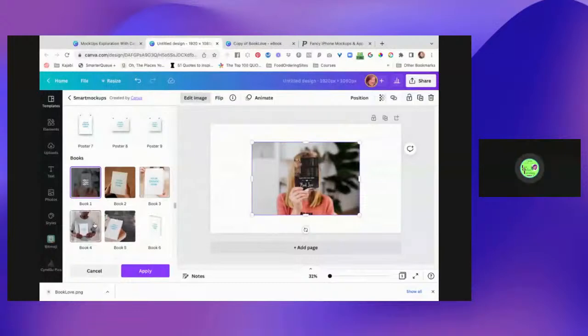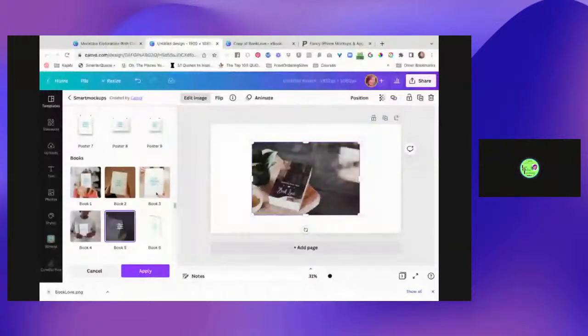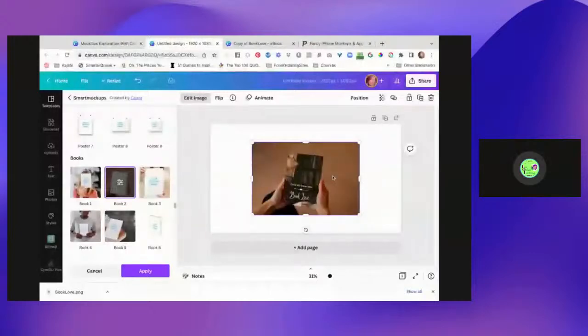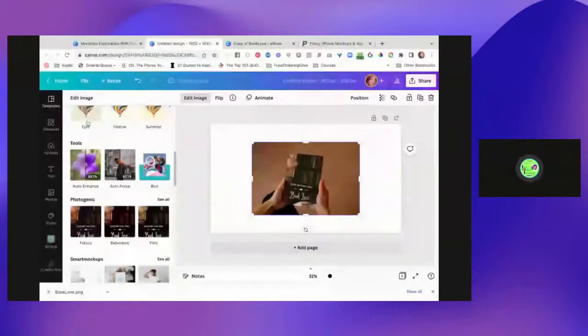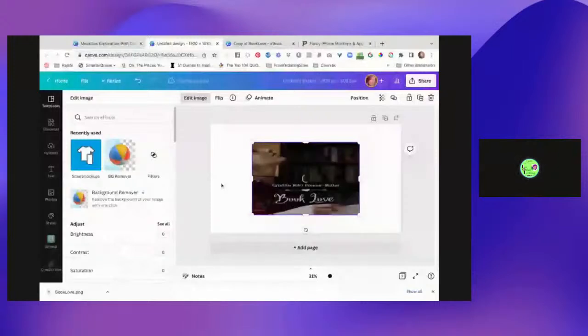Vicky's telling me she would do some things that were different, which are take out the background and do all these different things to it. So here I have the one where somebody's holding the book in their hands and they're looking at the book. So you would take that and I have to apply it first. Then I can go back in and remove the background so that we will have the book being held, but we can now place that in any